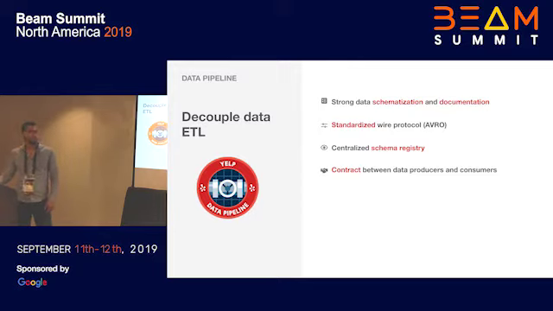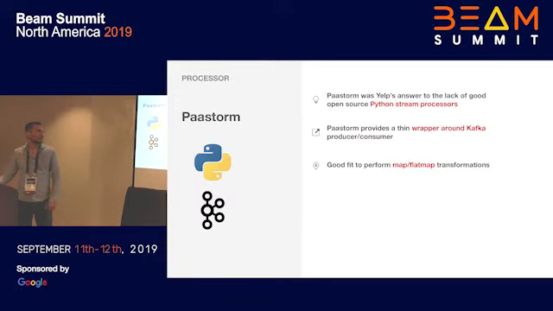So the first use case for our data pipeline was to get data from MySQL to Redshift. We used to do that in batch. We couldn't scale anymore, so we started doing that in streaming. The first thing that we built was a MySQL source connector, and then we built a Redshift sink connector to get it into Redshift. We needed to transform the data. To do that, this was probably 2016,